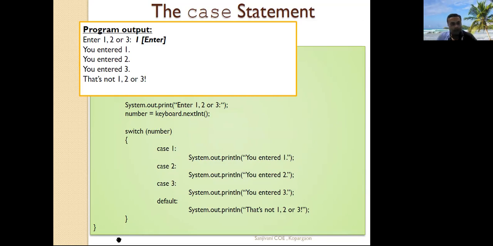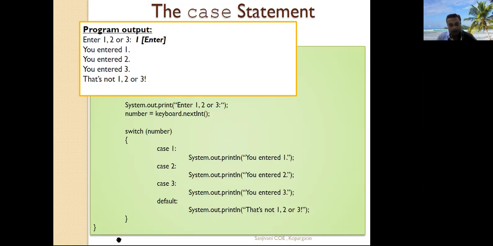Then the next example. Here, if the user enters any other number or character other than 1, 2, 3, then that value is matched with all the case expression values.